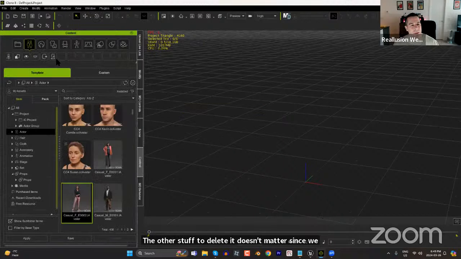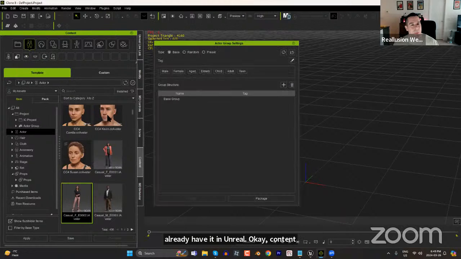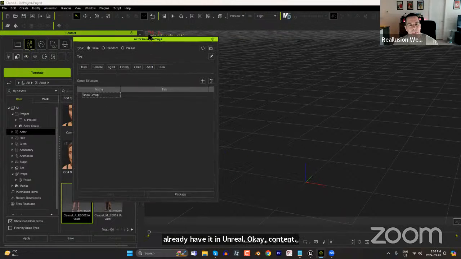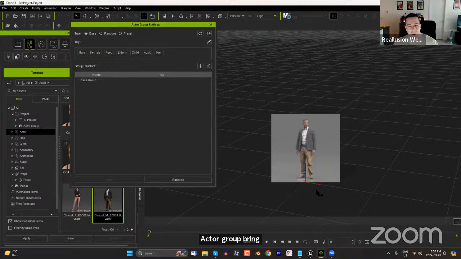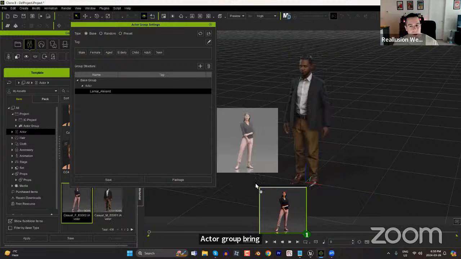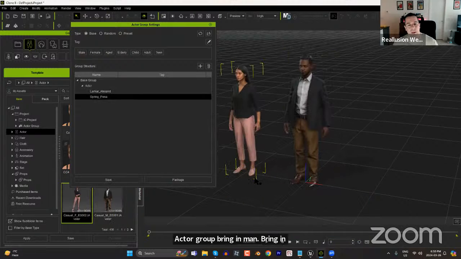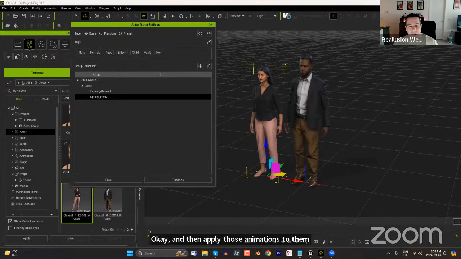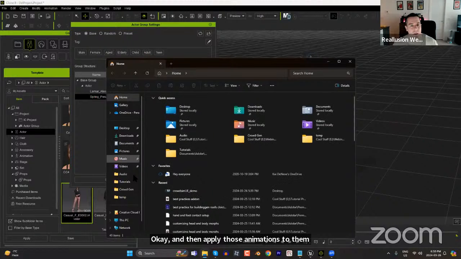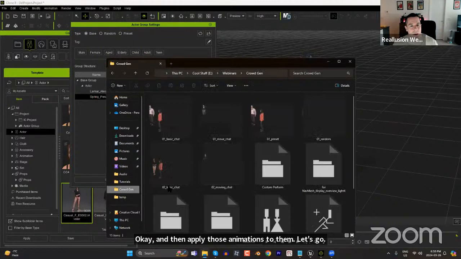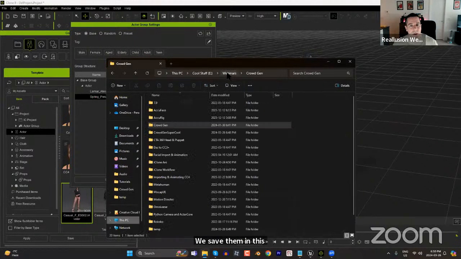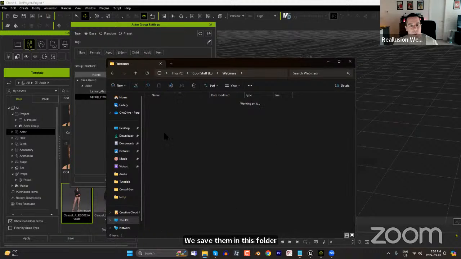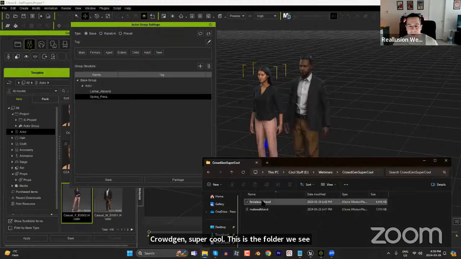Okay, content, create actor group, bring in man, bring in woman. Okay, and then apply those animations to them. Let's go. We saved them in this folder, CrowdGen, super cool. This is the folder we saved them in. All right, so if we bring these animations in, female walk hand,